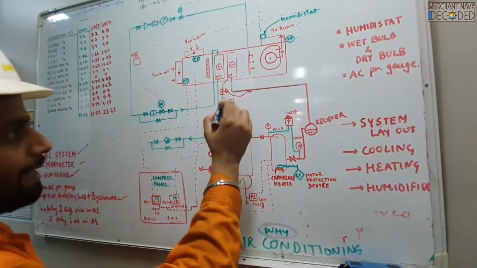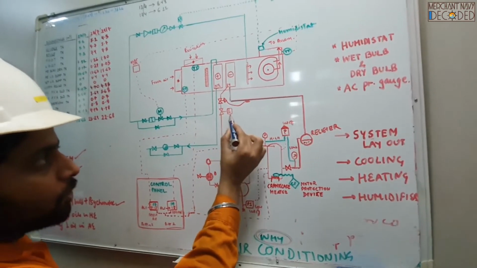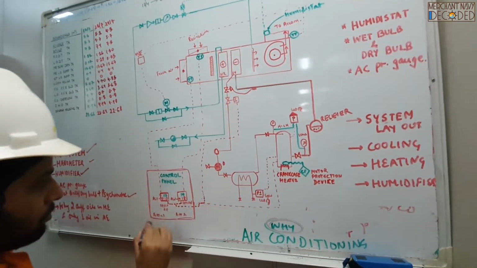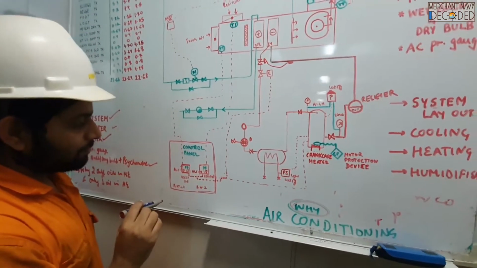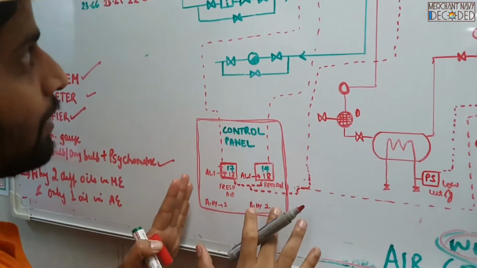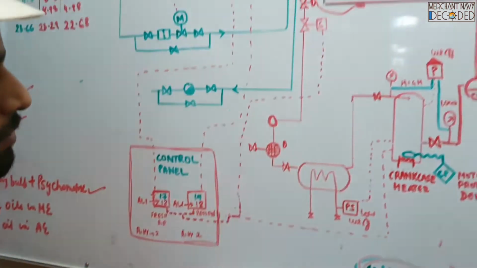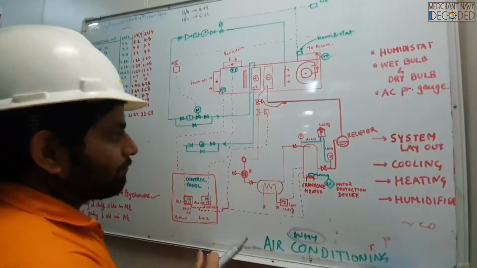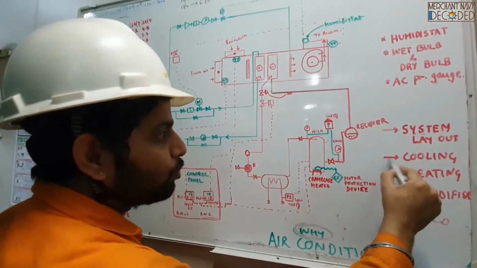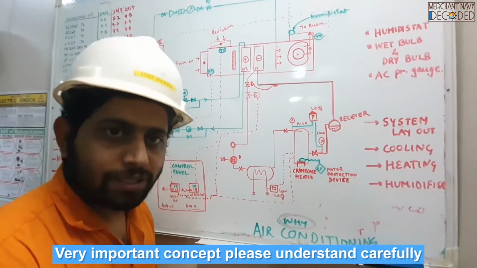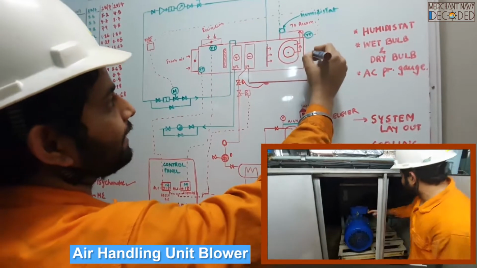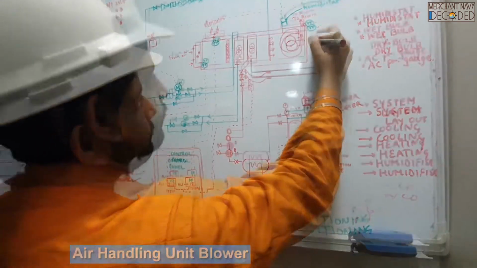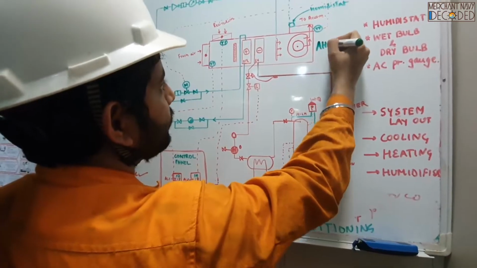Now when I'm talking about this solenoid valve, you see this solenoid valve is getting signal through this control panel over here. Now what is this control panel doing, guys? So when I have to explain this, I need to explain you this system over here. Chalo. Now basic concept is, when we are cooling the system, guys, what we have to do is we have to cool the air. So this is a fan fitted over. This is called AHU. Now guys, this is an AHU system, air handling unit, AHU system.